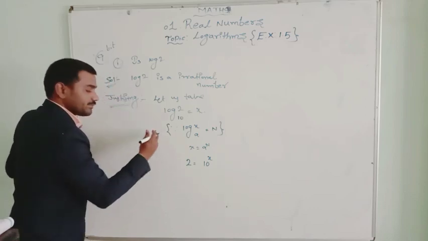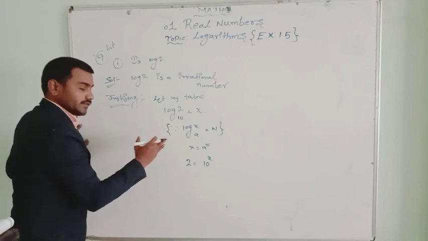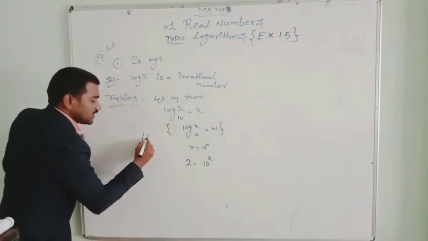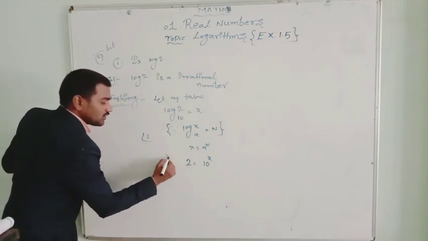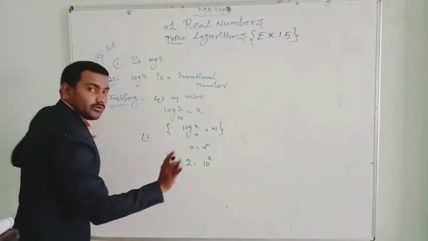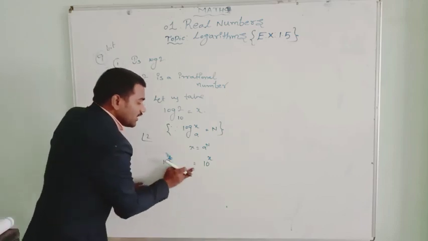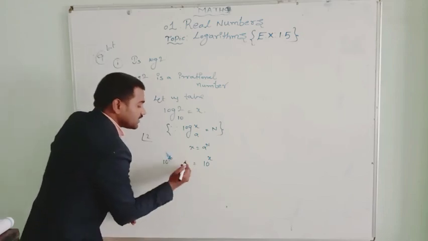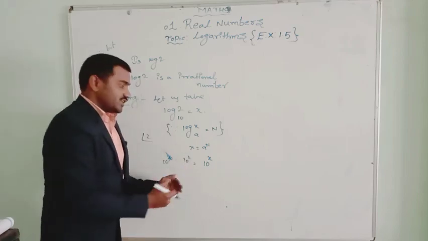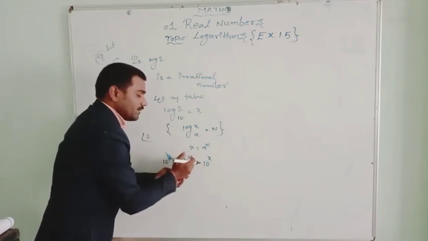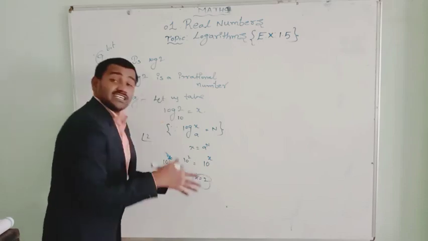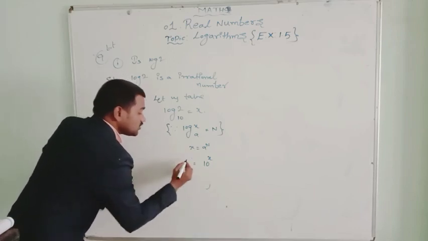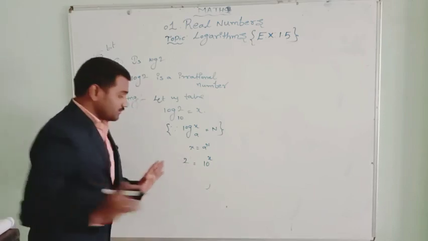2 to the power of 2 is also not 10. So can 2 be written as any base of 10, like 10 to the power of 2, or 10 to the power of 3, or 10 to the power of 4? No, we cannot write it. Why write it like this? If you were able to write this 2 as 10 to the power of 1 or 2, then bases are equal, exponents are equal, then the x value becomes a rational number.